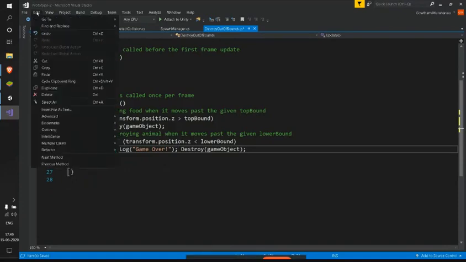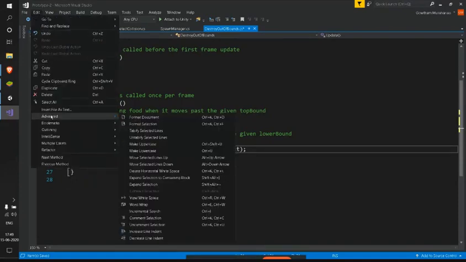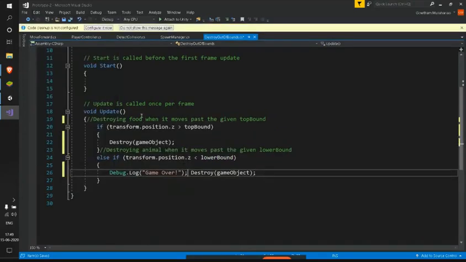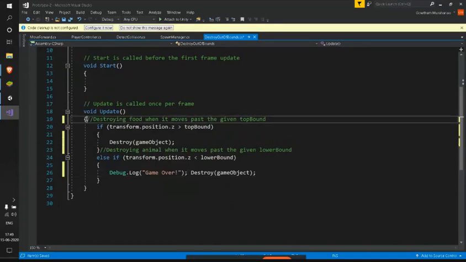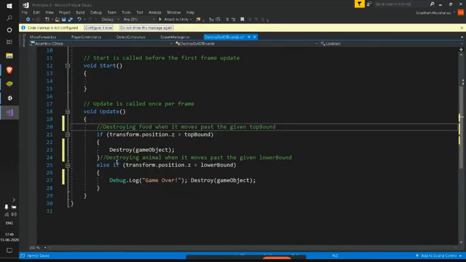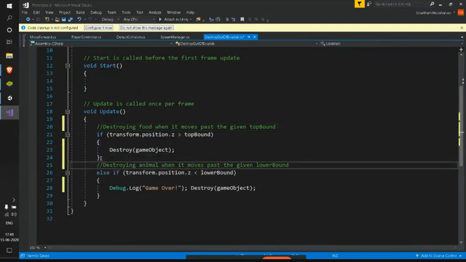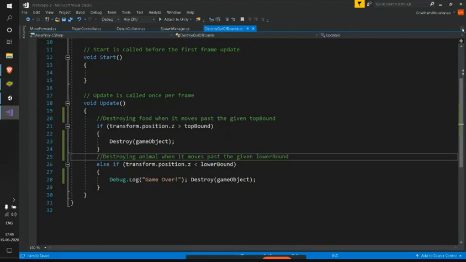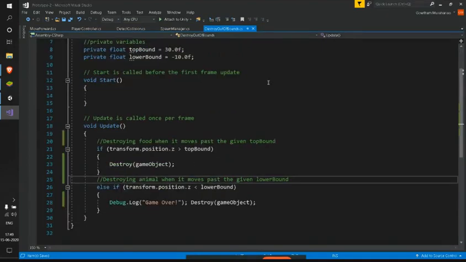Go to edit in Visual Studio, and here in advanced, we have something called as format document. Just click that. See, we have everything in place, almost everything. So we can do minor changes to it. So this is the way we'll reformat our C# document if it is not clean.